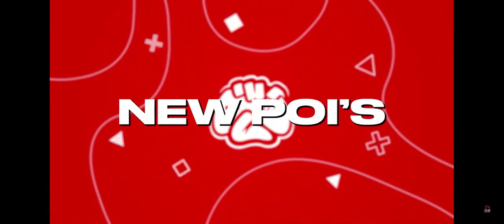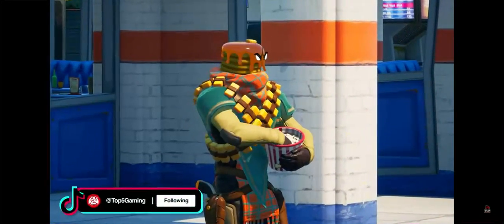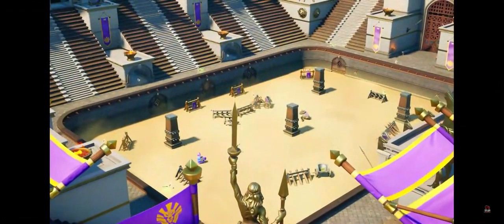There have been an absolutely huge amount of updates to the map, to the point where we can't even fit all of them in this video. For starters, there's 4 brand new named POIs, which are huge. We have the Colossal Coliseum, which really lives up to the name. It's this big stadium in the middle of the desert, which is slowly becoming one of the most landed POIs